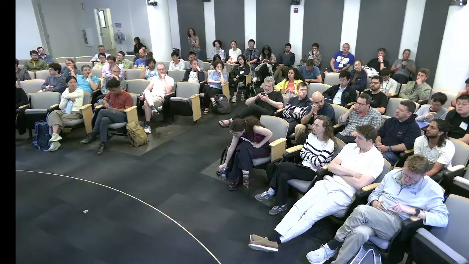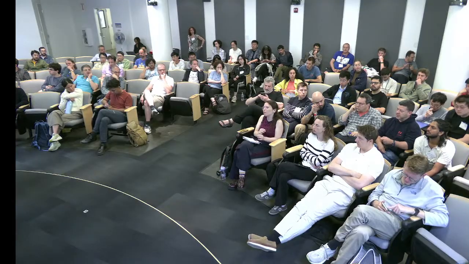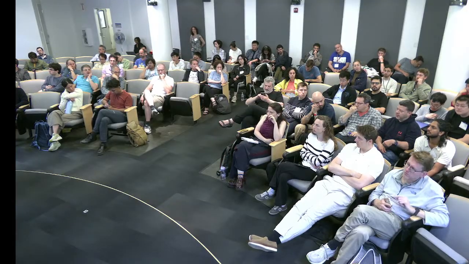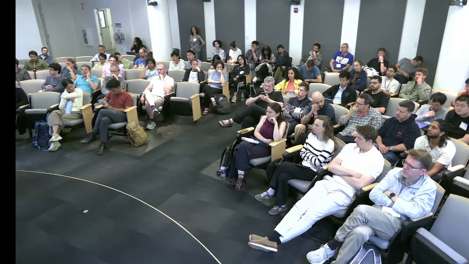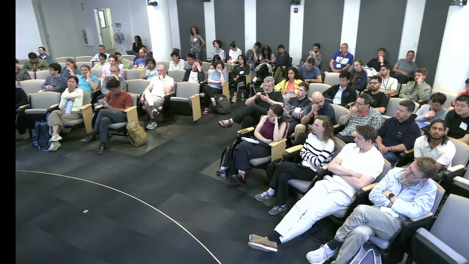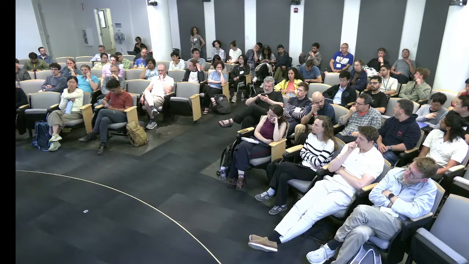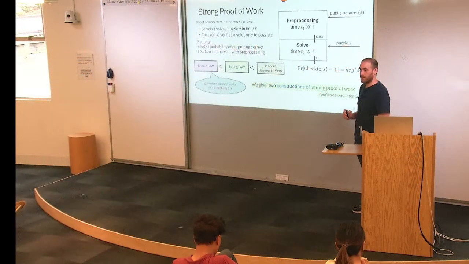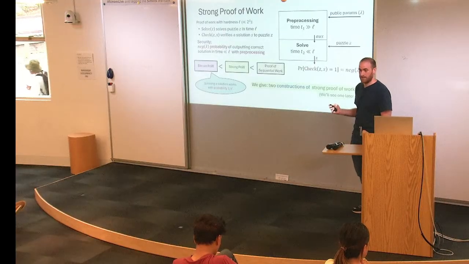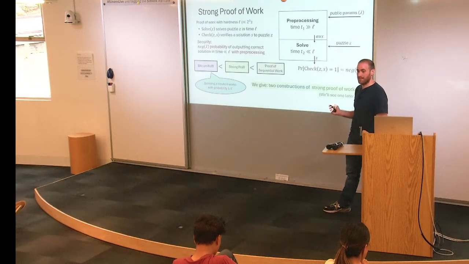But I think Tom was saying generally if you had a hash function that is somewhat hard to compute, oh yes, easy to verify. If you have a hash function that's somewhat hard to compute and is easy to verify, then it already sort of inherently has a proof of work in this sense. Hard to compute for the verifier, I assume. Hard to compute for everyone, for the circuit especially. I really want it for the circuit. But you still want the proof, right? Yes, yeah. So somewhat hard.